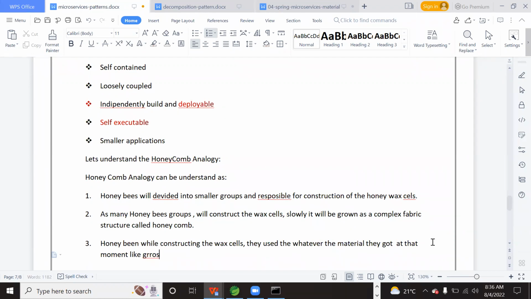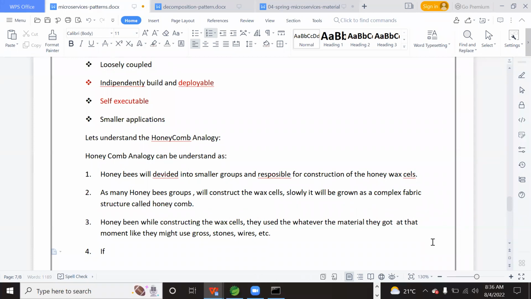Like they might use grass, stones, whites, etc.